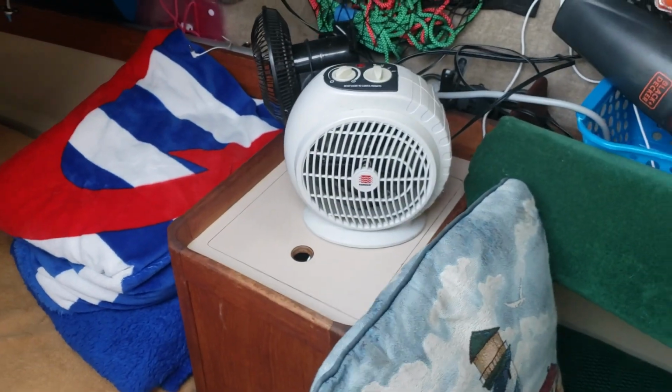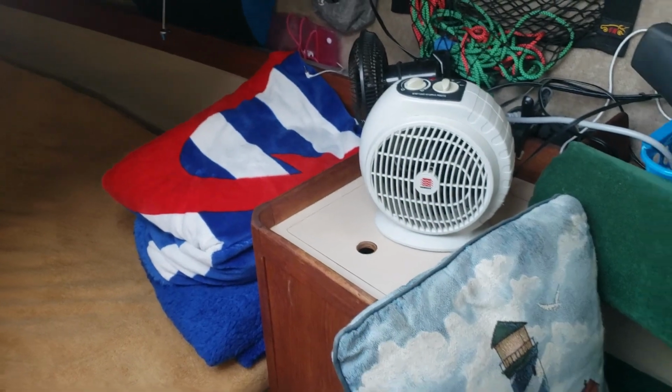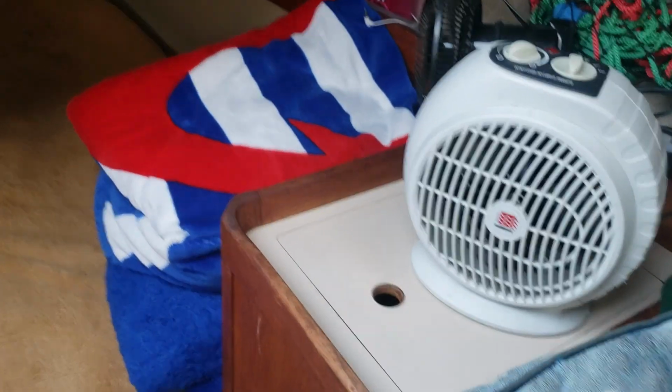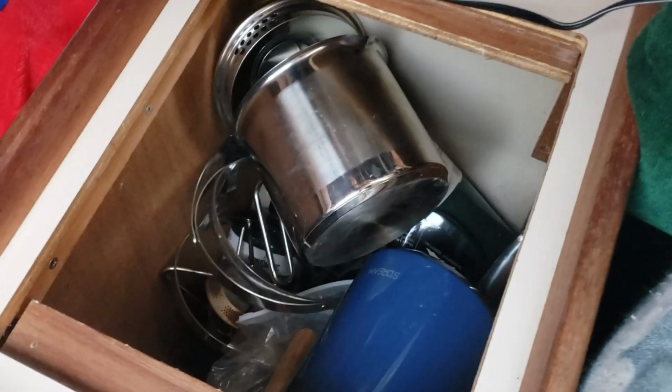So everything here holds real well when we're under sail. So of course that heater gets stowed when we go sailing. You got storage in there. Let me show you real quick. It's an interesting system here. So you could see there,